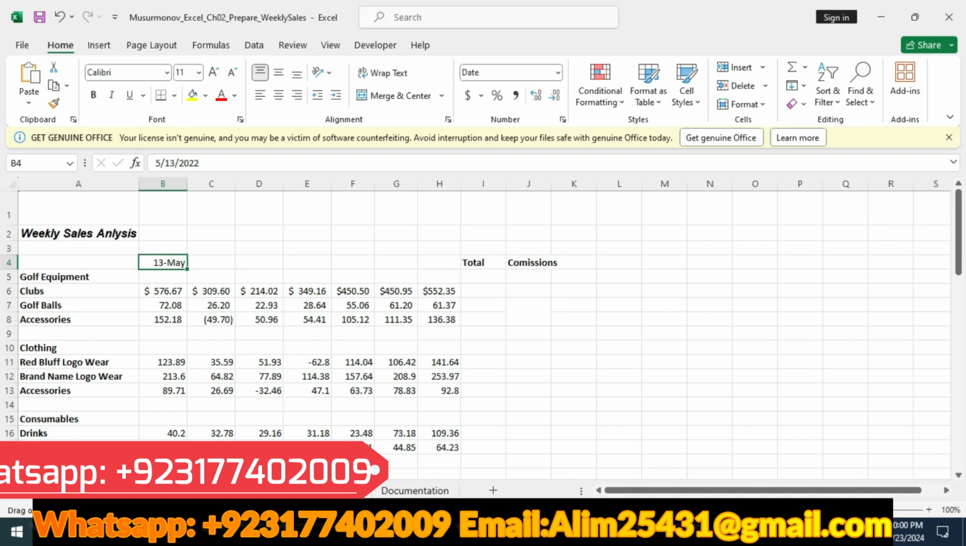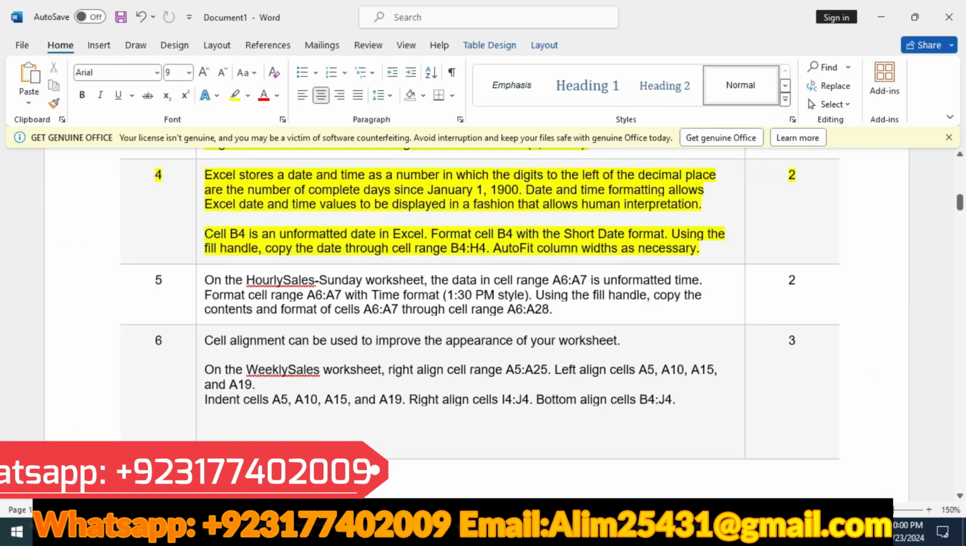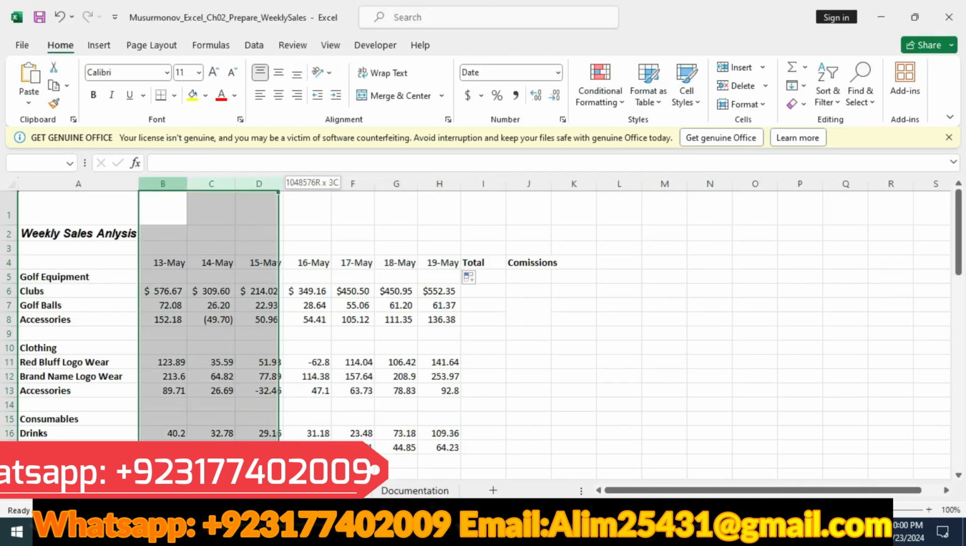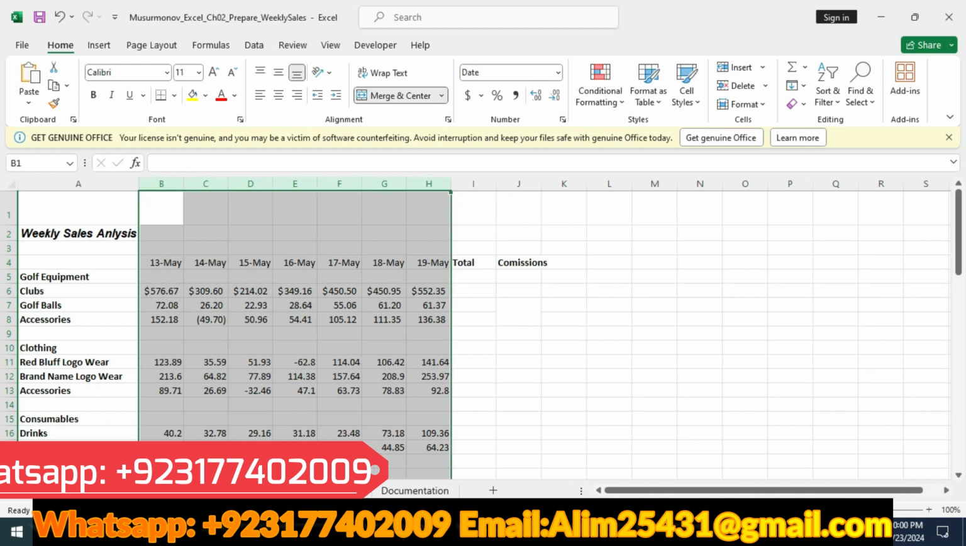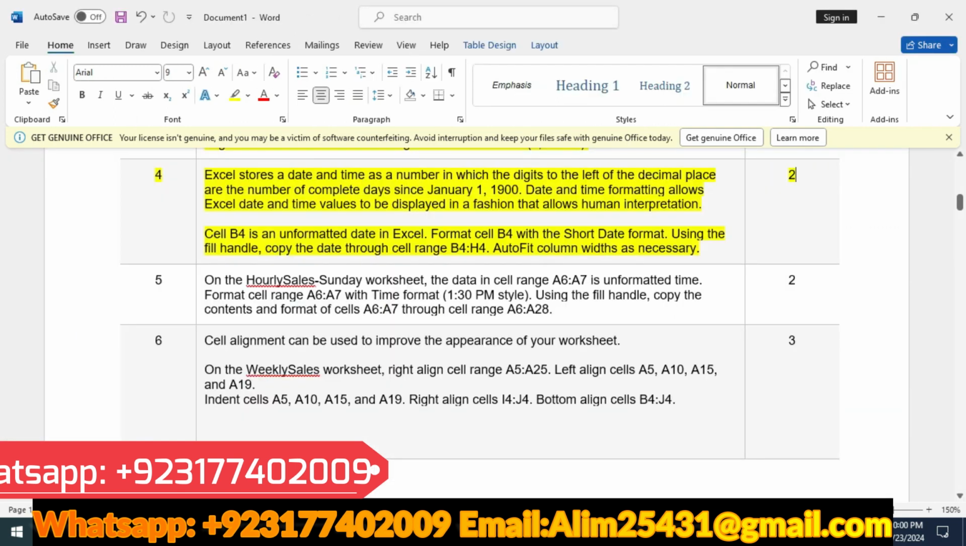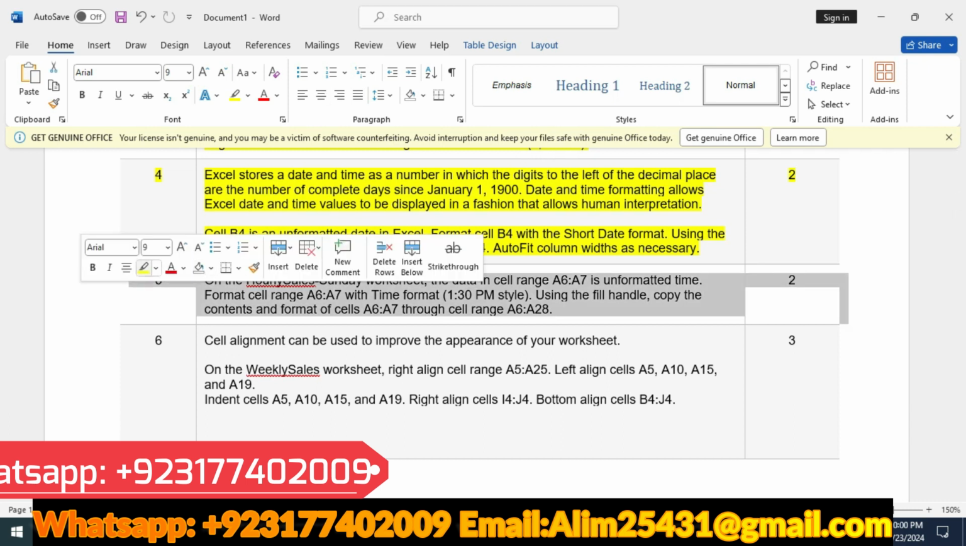And using the fill handle, copy this one to B4 to H4 and auto fit column widths as necessary. Select the columns and auto fit its width. That's our fourth step. Our fifth step is